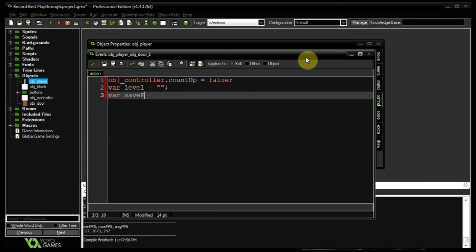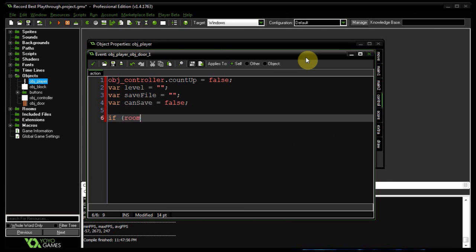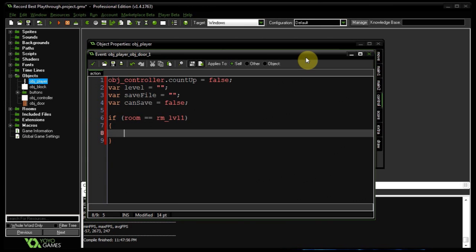Our save file, also blank. These are just strings for now. Can save, default to false. So we're going to assume that it wasn't a good time. So if room was room level 1, then level equals level 1,